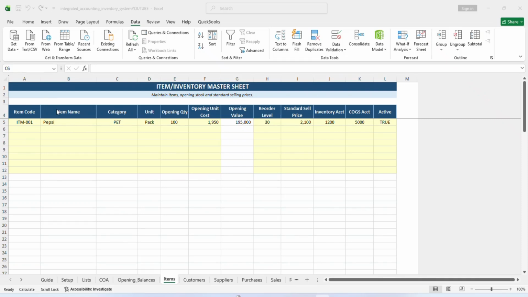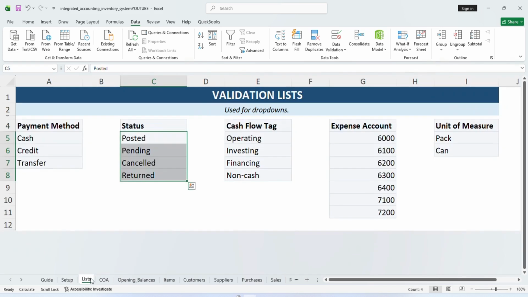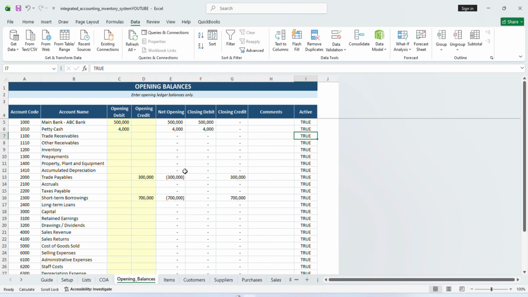In the previous session, we looked at the different sheets. We're trying to set up our database. These are where the accounting actually started. We started from setting up the accounting system, where we have the company information and the validation list. This is not compulsory, it is just to make the work more authentic. And we have the chart of accounts, which I have shown you, and we also looked at the opening balances, what he has done, and how we automate the opening balances to get the different balances